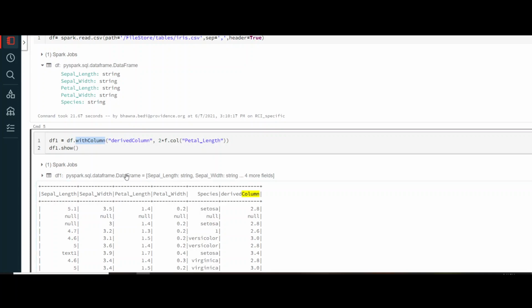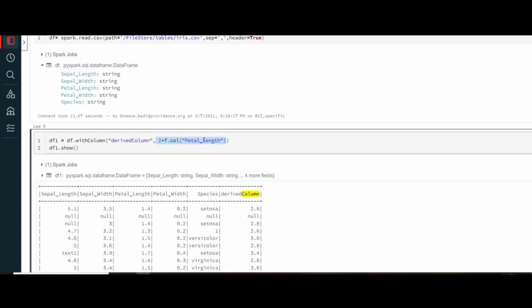Inside withColumn, I have mentioned the name of the column that I want to create. Let's say I'm creating a derived column, so I've named it derived column. And this is the expression of how I want my derived column to be. This column should be derived from the petal length column.